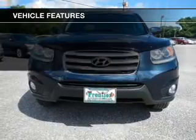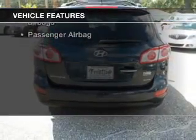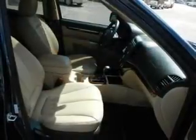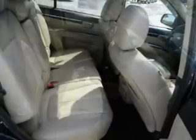smart choice. And with these notable features, you won't want to miss out on the opportunity to own this amazing ride. Keyless entry, leather seats, power door locks, power windows, cruise control, Bluetooth wireless, an AM/FM stereo with multi-disc CD